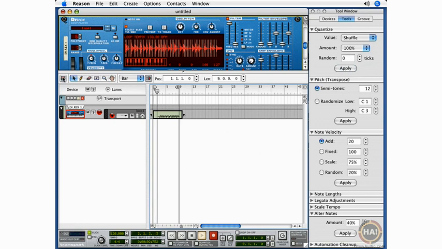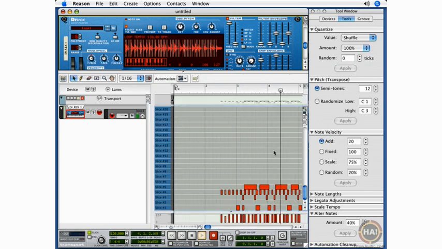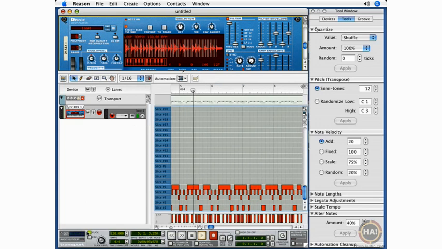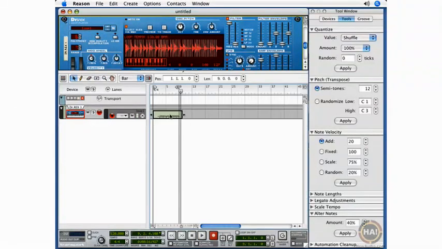You can take a look at the triggers too. This means that if you like the sounds in the loop but you don't like the programming, you can replay it, re-edit the triggers. Now let me show you another way that we can create a different pattern, letting Reason